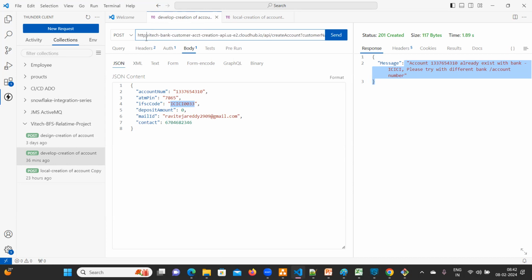HTTP, how to give the demo, I'll show you, 1 minute. HTTP slash